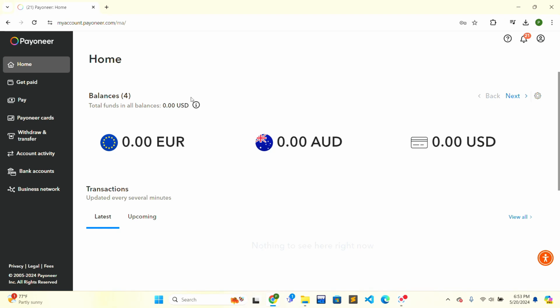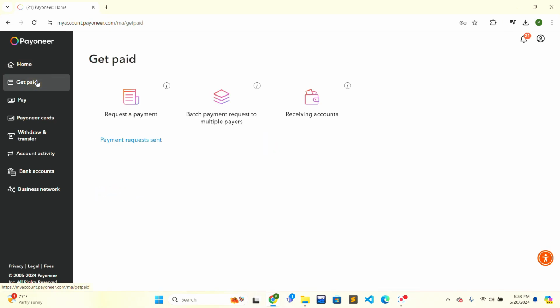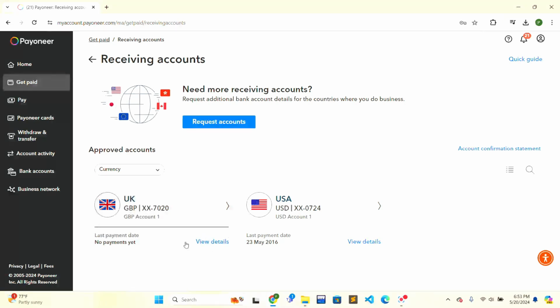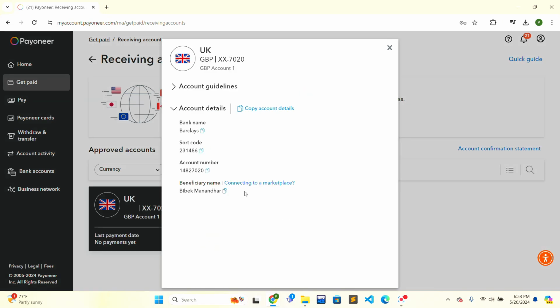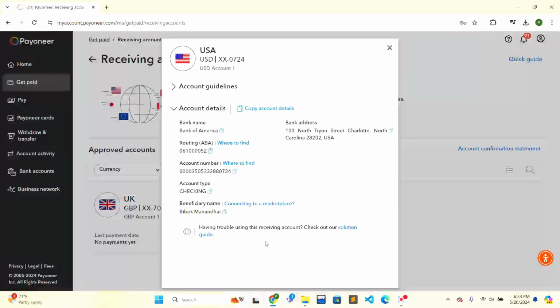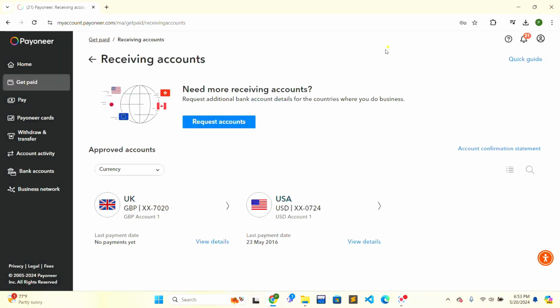In order to get your Pioneer account number, you just have to go to the Get Paid option, and there is the receiving accounts. We have created 2 receiving accounts till now. On the account below there is a view details in both accounts. You can just click on the view details and it will show all the details like the account number. You can also click on this USA section, click on the view details, and the account number will be shown. So this is how you can easily